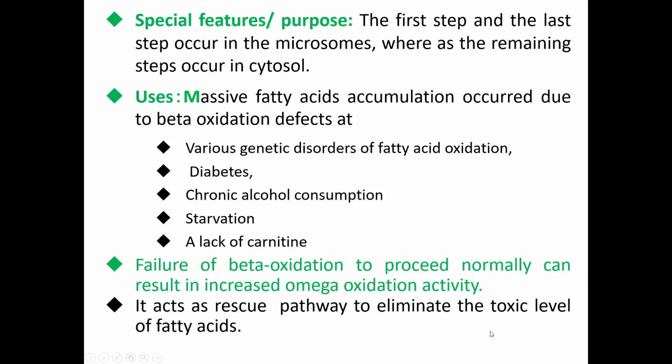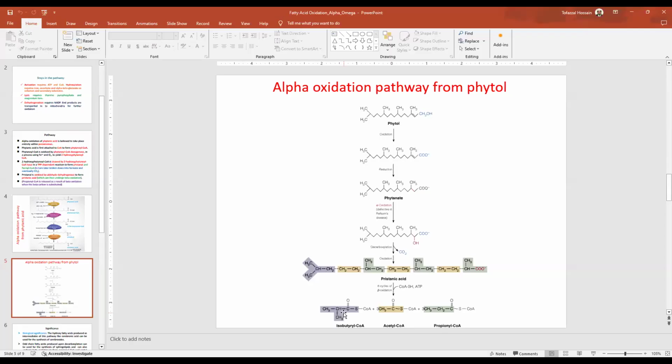If the fatty acid accumulation increases, then it may create some toxicity in the animal body. To reduce or eliminate the toxicity, the body is bound to do the omega oxidation, by which succinate will be produced from the fatty acid, and in this way the toxicity of the fatty acid will be reduced. So এই ছিল আমার ফ্যাটি অ্যাসিড অক্সিডেশন সম্পর্কে কথাবার্তা।